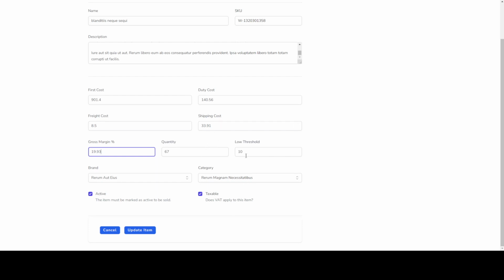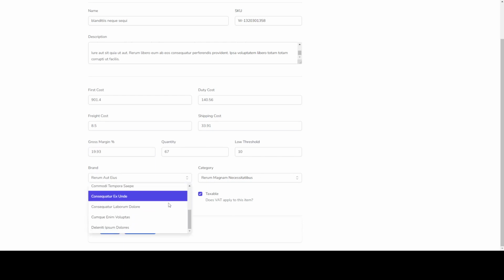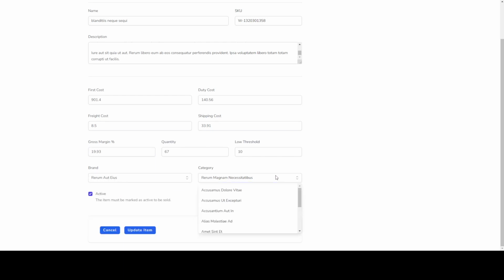And we have a low threshold, so this is important because as items get sold, you want to be able to say, without having to watch it yourself, okay, when this gets to 10 or 100 or whatever it is, you'll get a notification through the system, whether it's by email or in the system itself. It'll say, hey, this item is now at this threshold. You probably want to look at ordering more because it takes X amount of time for it to get in before you run out. You could choose from a list of brands to associate with this product, and you can choose from a list of